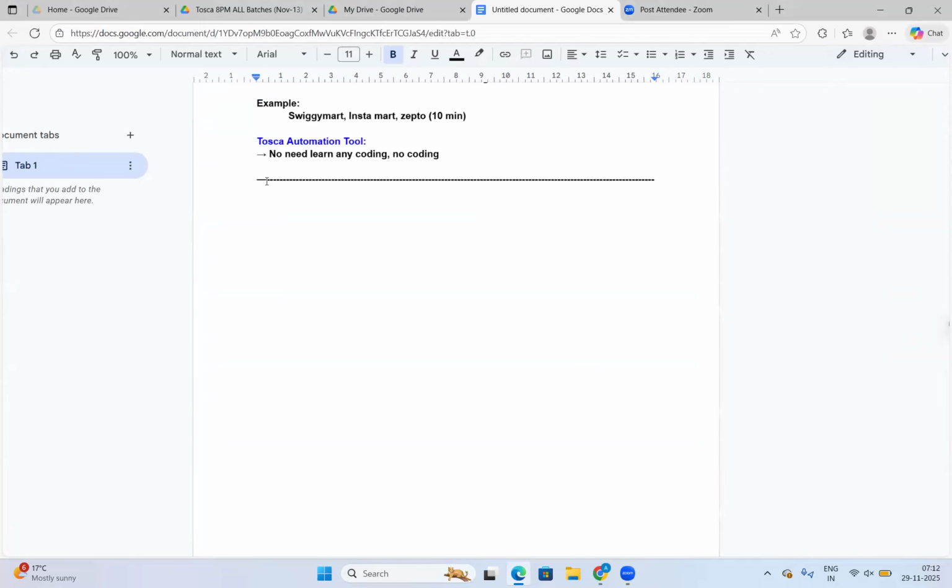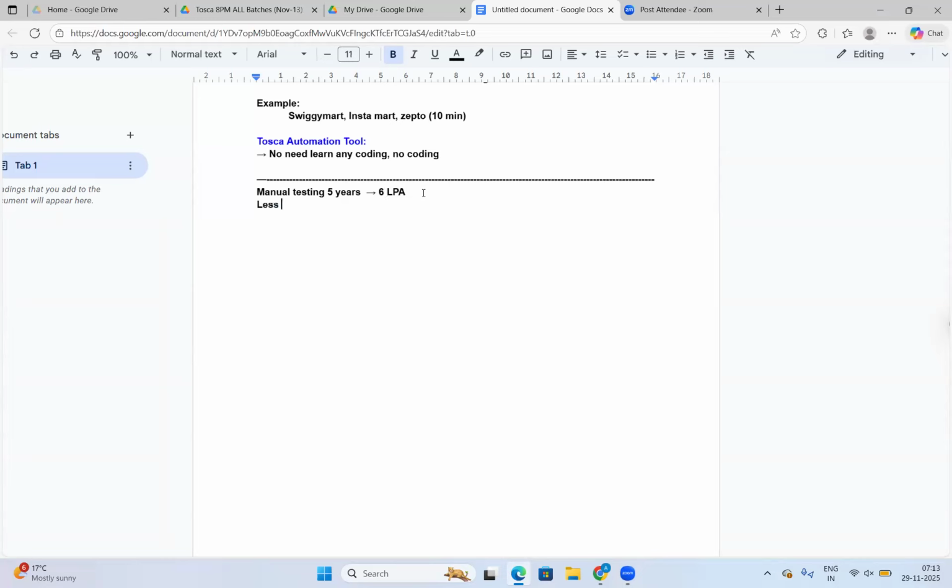Let us assume, from the experience point of view, we have 5 years of manual testing experience, and still the person is working with a package of only 6 LPA per annum. And even if this person tries to look for opportunities outside,